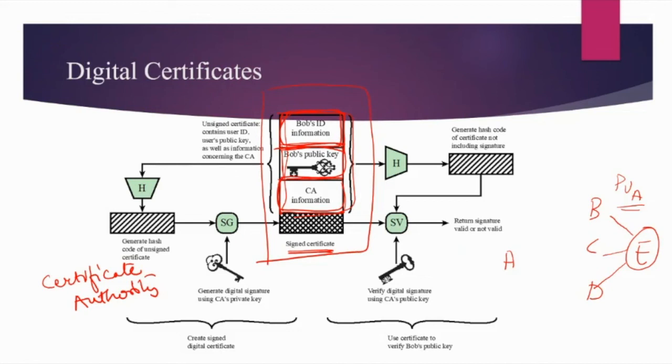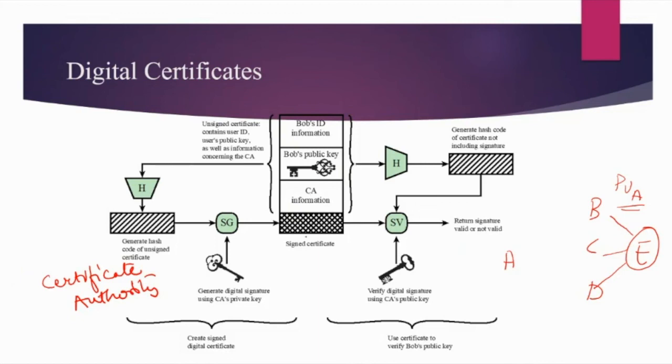Anyone who needs this user's public key can obtain the certificate and verify that it is a valid certificate with the attached trusted signature. So the public key is not distributed by the user; whoever wants the public key can get this certificate and get the public key from it. Let's see how it works actually. I hope the basic idea is clear: what is the need of digital certificates?